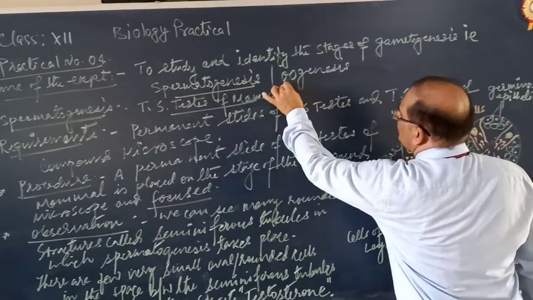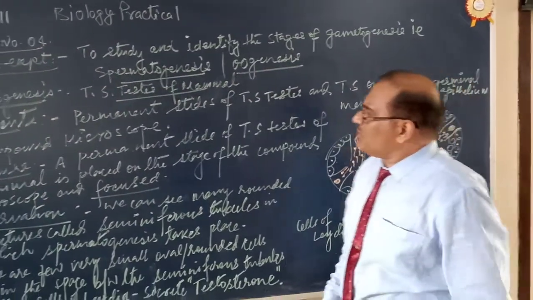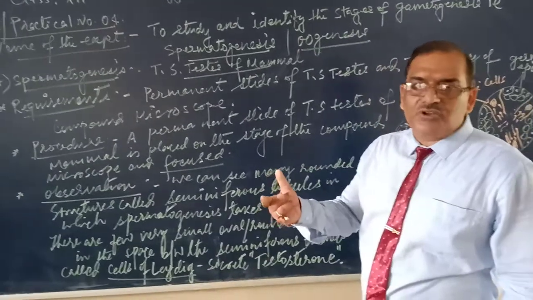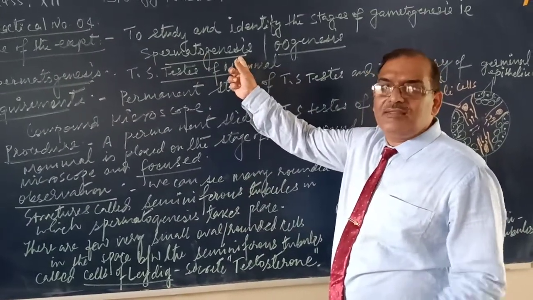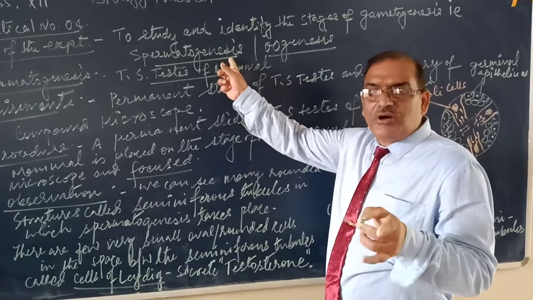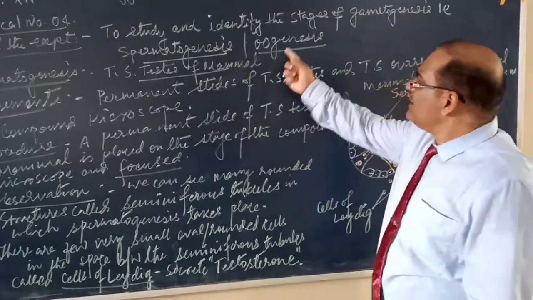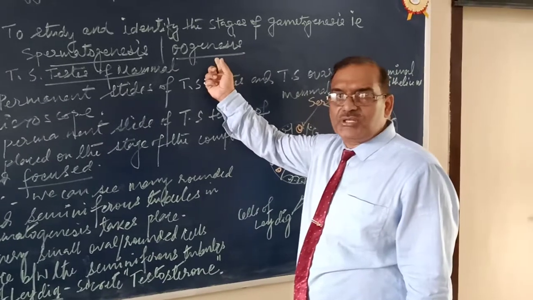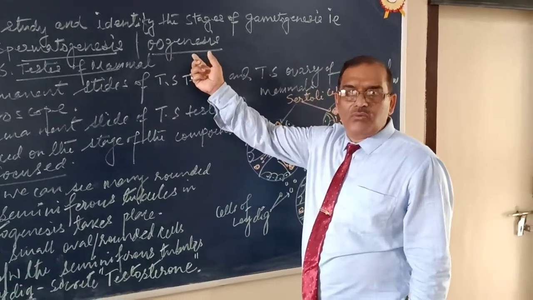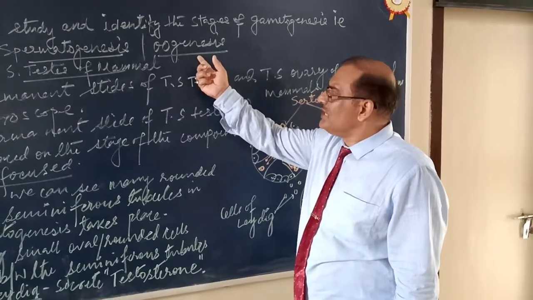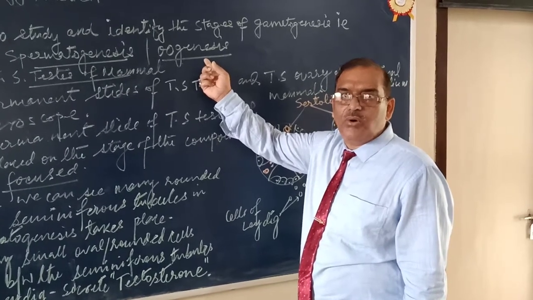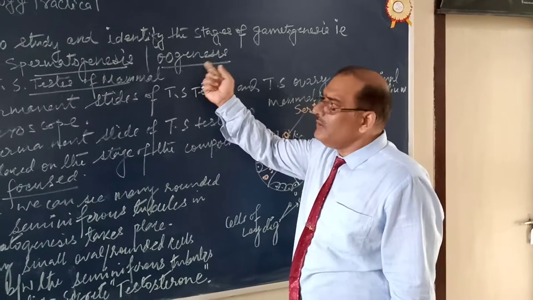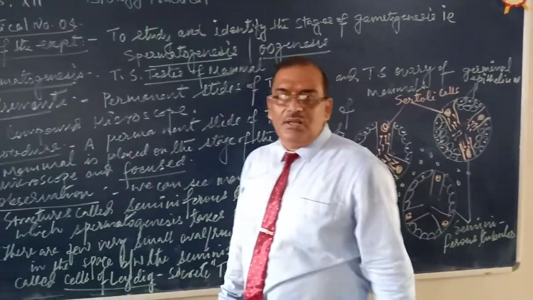You know there are two types of gametogenesis. The process of formation of sperm or spermatozoa is called spermatogenesis. The site is the testis, the seminiferous tubules of the testis. And oogenesis is the process of formation of ova or egg, which occurs in the ovary or ovarian follicles. Now, first of all, let me discuss